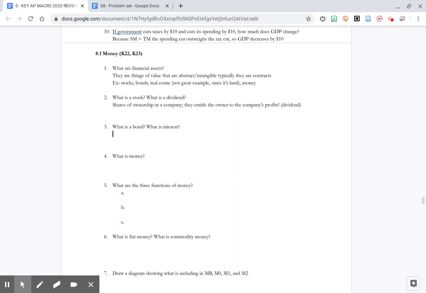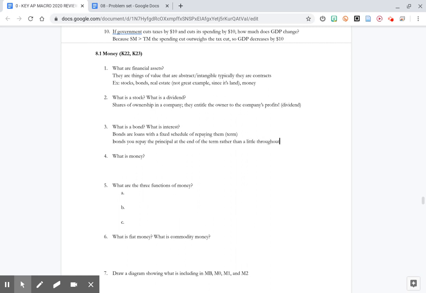And then we're going to look at bonds. Bonds are loans, typically with a fixed schedule of repaying them, which we call a term. And the way that bonds are a little bit different from loans is that you repay the principal at the end of the term rather than a little throughout.